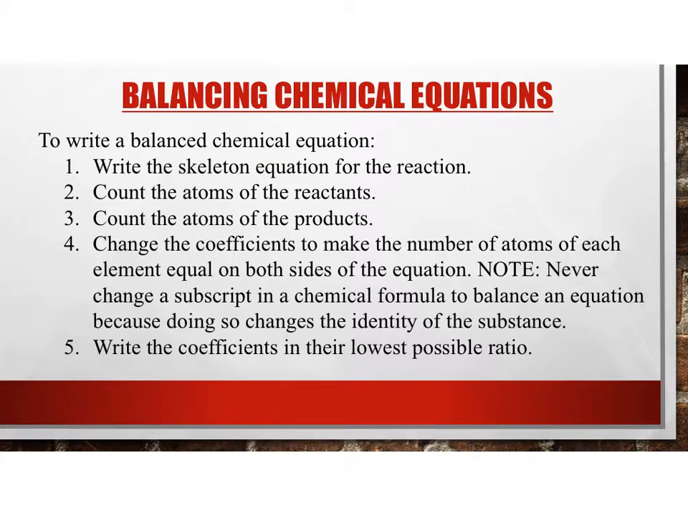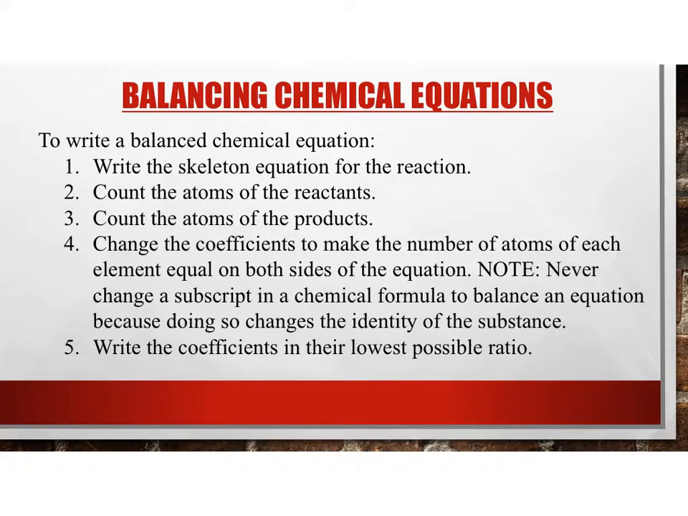The steps to writing a balanced chemical equation are written here. We've learned the first step already, writing the skeleton equation for the reaction. Then we're going to count the number of atoms for each element on the reactant side, and then do the same thing for the product side. We're going to change the coefficients to make the number of atoms of each element the same on both sides